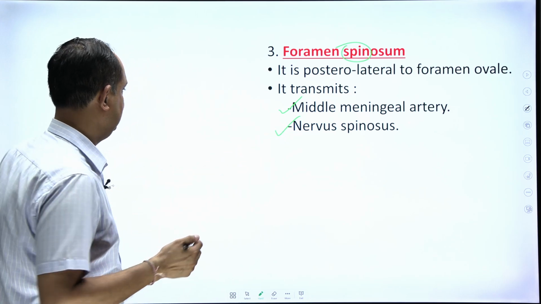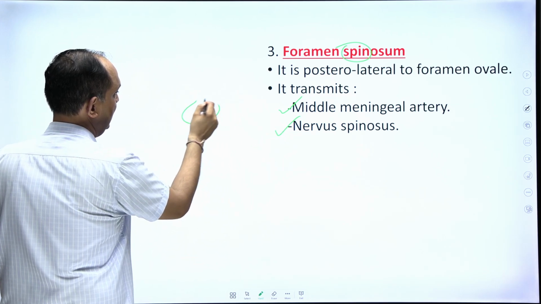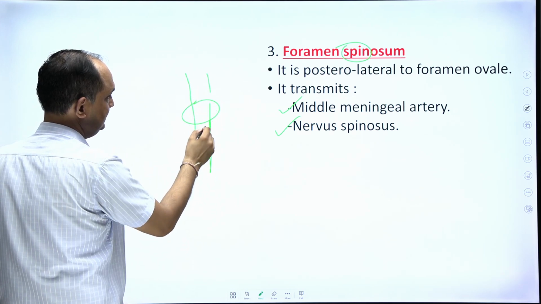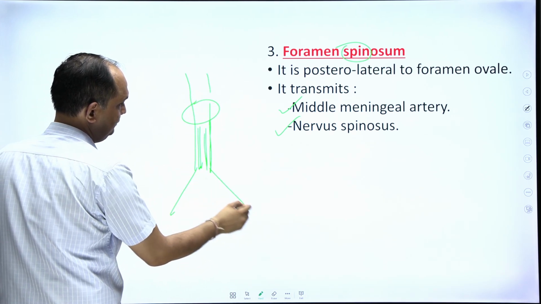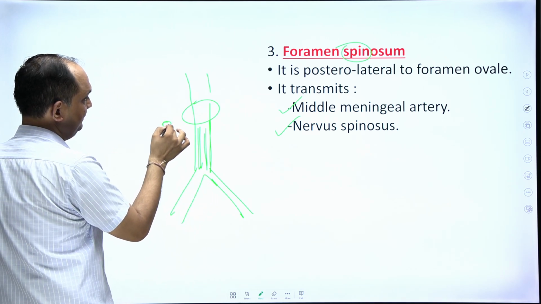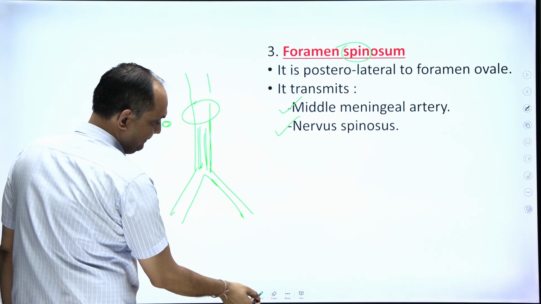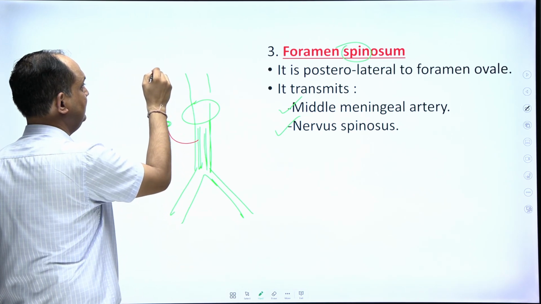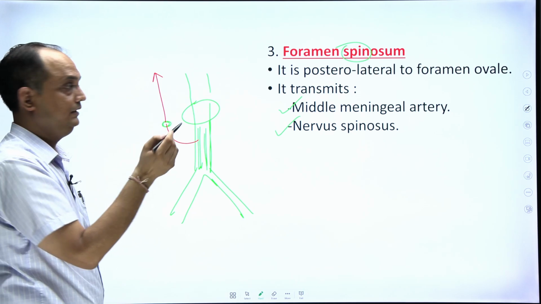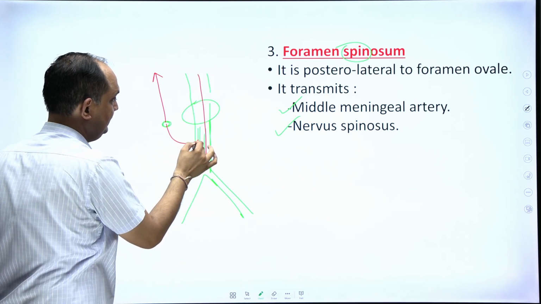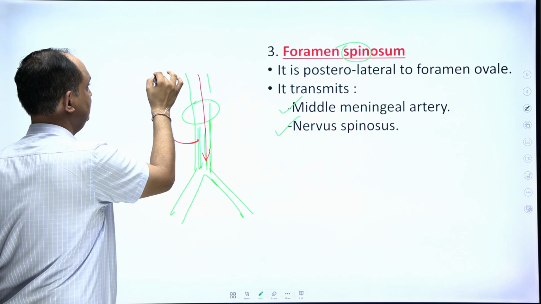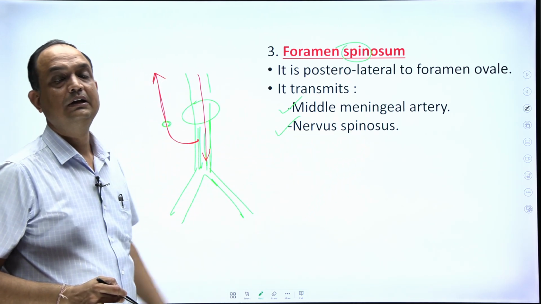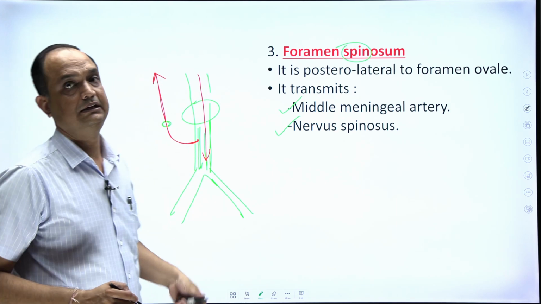So here you have to understand that this is your foramen ovale, and from the foramen ovale the mandibular nerve is coming out. This is the trunk of the mandibular, and then it will divide into two divisions. And this is the foramen spinosum behind the ovale. Now what is happening here is that this trunk gives the nervus spinosus which will re-enter the cranial cavity. The nerve is coming out, it gives a branch, and then that branch again enters the cranial cavity. So this is known as nervus spinosus, which arises and re-enters the cranial cavity to supply